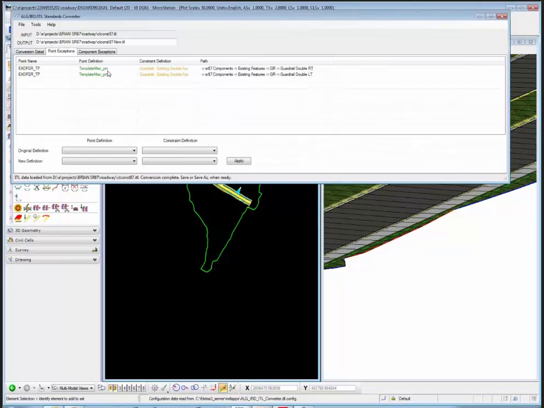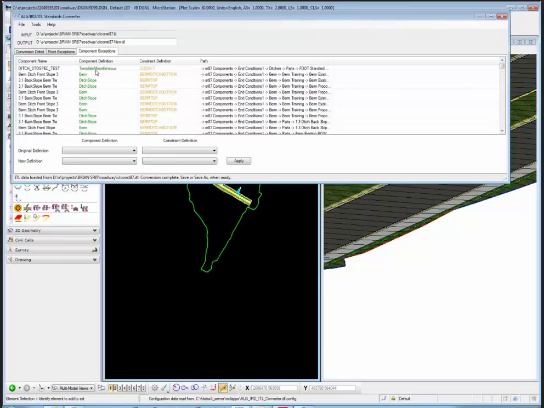There are point exceptions where there was an old definition and they couldn't find a new definition. Like in this case, there was a constraint problem with the guardrail double face existing, and it didn't know what to use, so it picked this template miscellaneous. And then components, again, there's some constraint issues here that could be resolved. So if you find one that you need to change, like this one here,